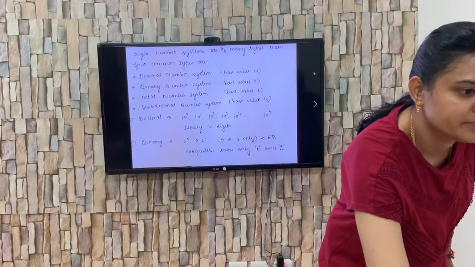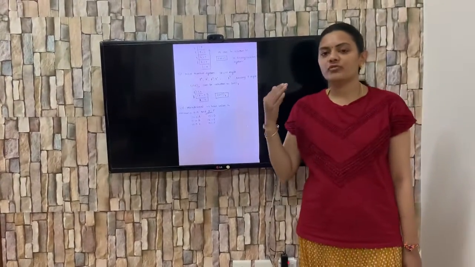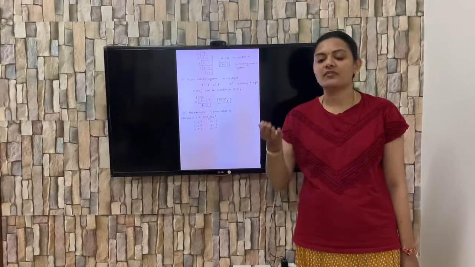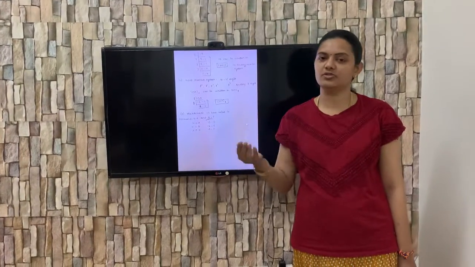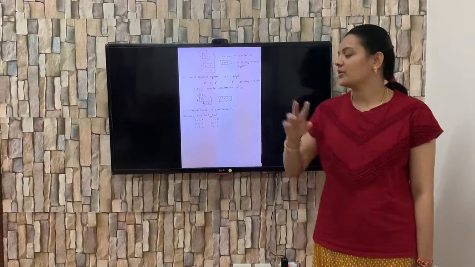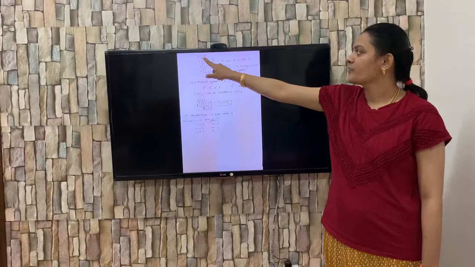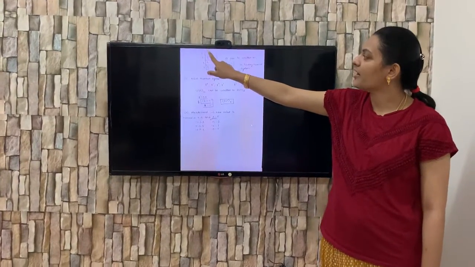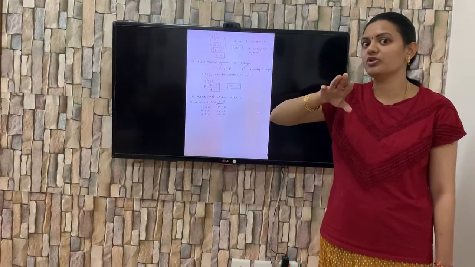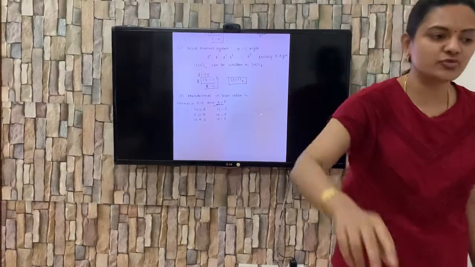And I have told 4 number systems, no? In that also we can convert systems, like from binary to decimal, decimal to binary, decimal to octal, like that we can change. I have given you an example here. See the number 19, and you have to write it in the binary number system. Binary number system in the sense you have to use 2.